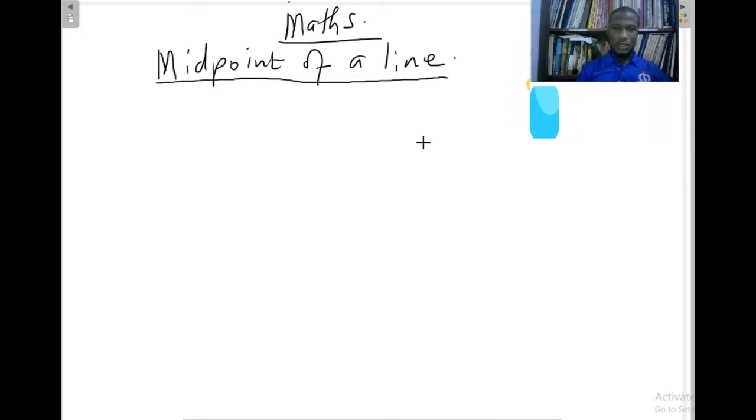Today's study is on the midpoint of a line, or the midpoint of a straight line. This lesson has become very necessary to me because just about a week ago, I gave my second year admin students some project work to do, and it was time for presentation. And when you got to this particular group,